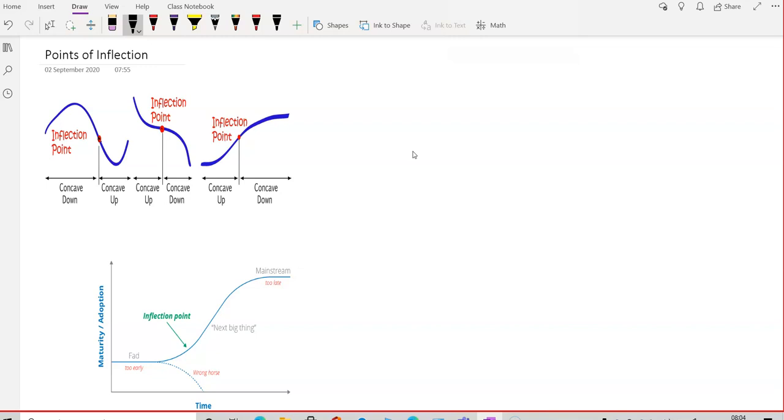What about this point? Here also, just before reaching this point the curve is concave up, after this point it is concave down. Concavity of the curve changes. So there will be a point of inflection. Similar is the case here. Before reaching the point it is concave up, and after this it is concave down. So any curve where its concavity changes is said to have a point of inflection.